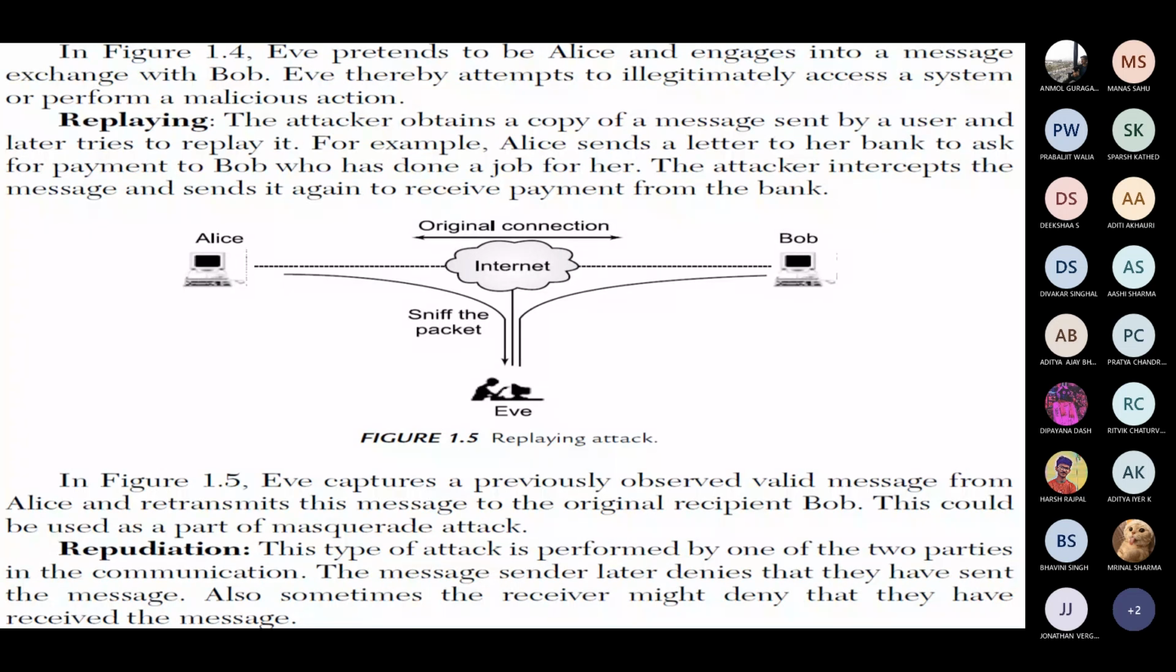Replaying. See the figure over here. If you observe, it is similar to the previous figure. Alice is sending some information to Bob, and that information is sniffed in the packet by the attacker Eve. And next, what is Eve doing? He is continuously replaying the same information to Bob. The same packets are transmitted to Bob continuously, replaying. And next, the last one, repudiation. Repudiation is also the same thing. Multiple copies of the same data are